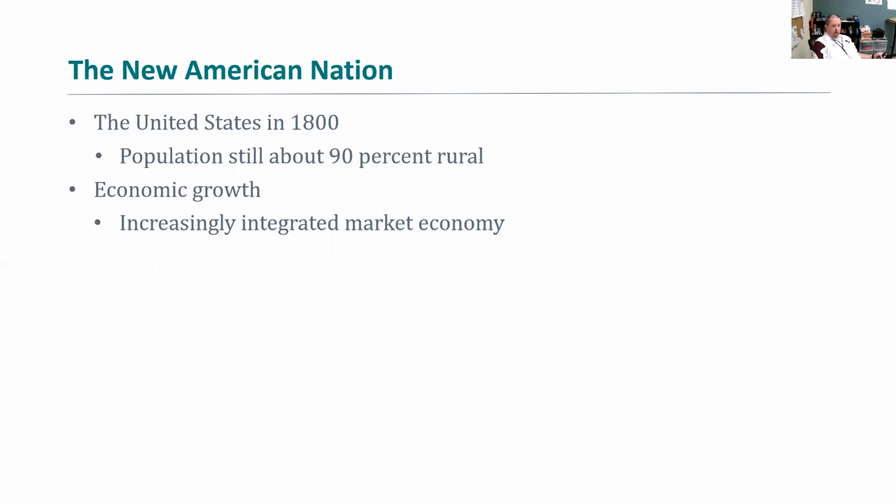Like we are a rural population, a rural nation until well after the Civil War, predominantly. What that means is the vast majority of our population, the majority of our people are farmers. That's their job, their industry, their career, their livelihood. But we do begin to see some economic growth in terms of some creations of an early capitalistic sort of market economy. So specifically, the textile industry is one of the really good examples.